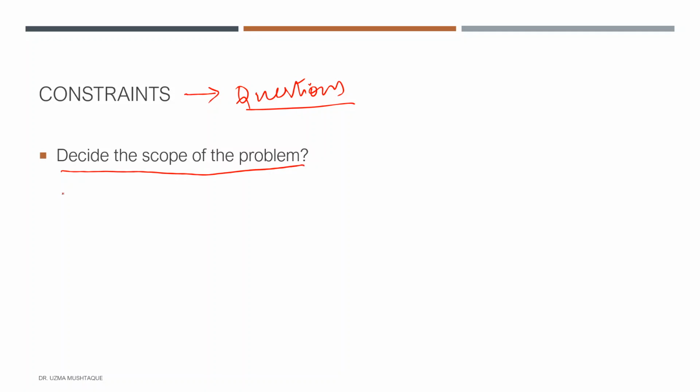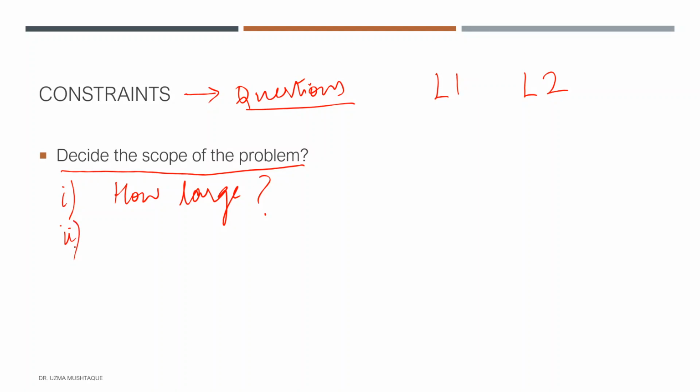For instance, for our problem, the first question could be, how large can my input be? So there are two lists that I'm given. Let's say they are L1 and L2. And by the way, I'm talking in terms of Python. So how large can L1 and L2 be? That is my first constraint, how large? Ask the interviewer or go and check the homework problem and try to find this. Why? Because my solution can depend on this question.